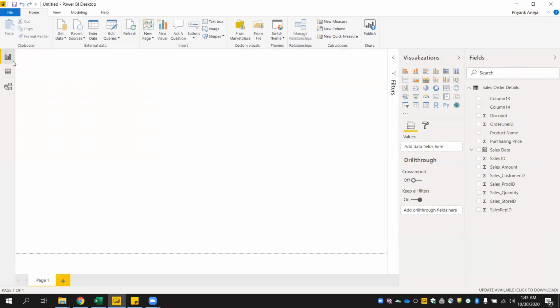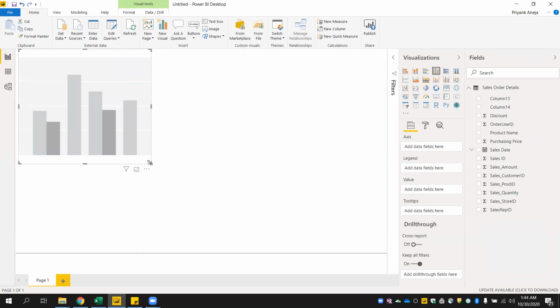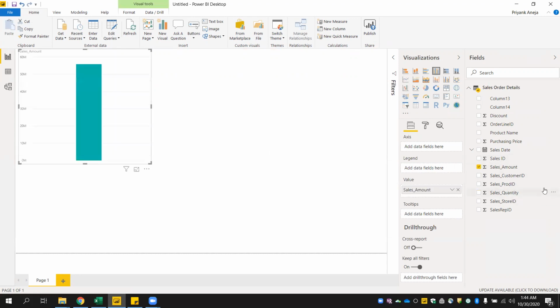Let's go back to the report section and now try to create a bar chart using this loaded data. You can choose the visual you want to create from this visual pane. Right now I'm creating this clustered column chart, and I want to visualize my sales amount over the period of years.